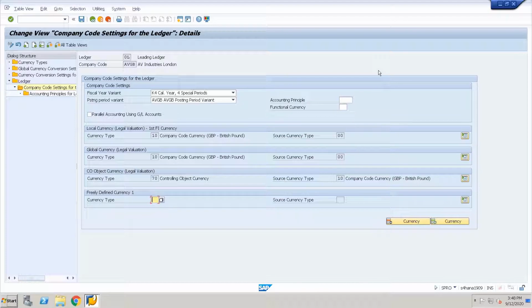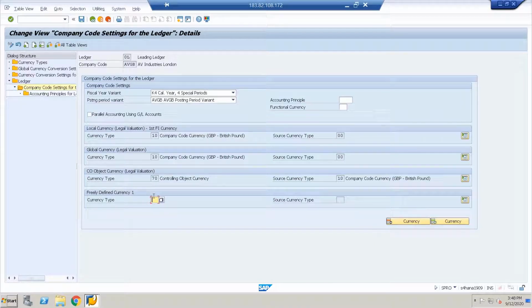From SAP S/4HANA 1603, SAP has provided a feature of creating custom currencies for different valuation purposes, and we can assign these currency types to a ledger. These additional currencies are stored in the ACDOCA table.